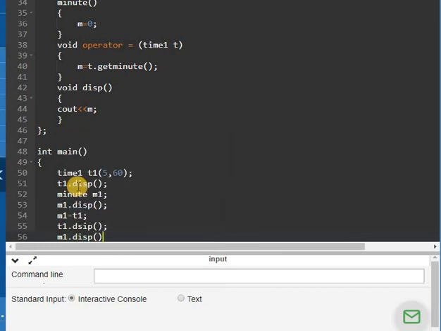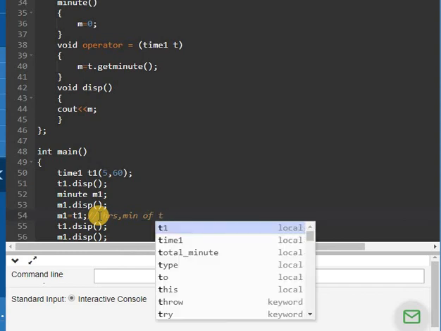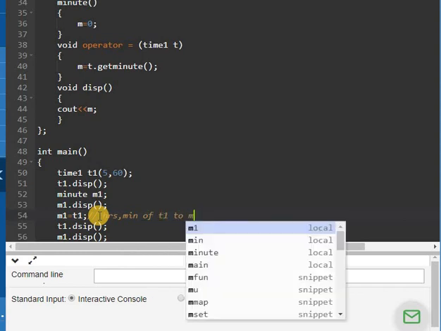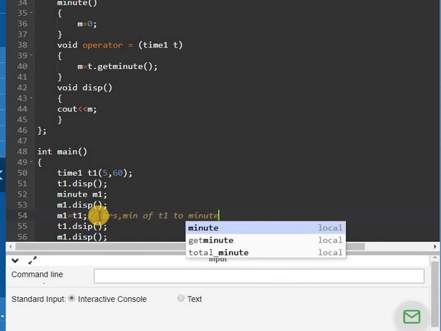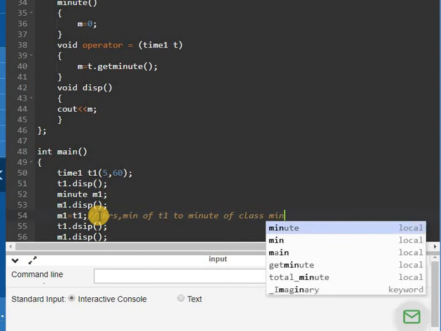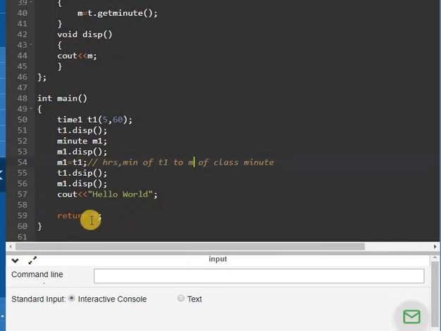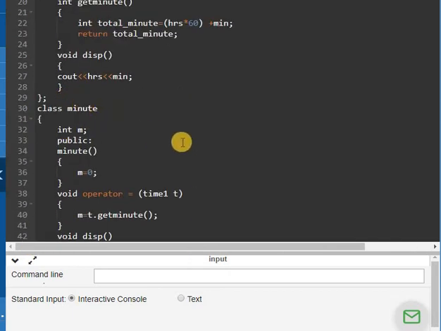So in this particular statement, what is happening here, we are trying to assign hours and minutes of t1 to minute, or you can say m of class minute. Okay, so we write m here because we have one data member as m in the class minute. So let's run this program, see what we will get.